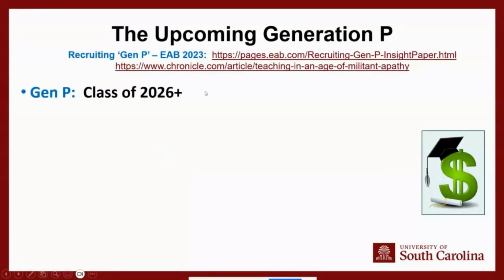So the new generation, this is that new thing that I came across today. This was an article, actually mentioned in the Chronicle this morning, but it referred to a group that looks at recruitment trends across time. And they came out with this new white paper that talks about the fact that this new generation that's coming up is now what they call Gen P, basically class of 2026 and later. So what do y'all think the P stands for? Kind of obvious, but I want to see what y'all think. Gen P. And I think it's not just undergraduate class of 2026, but also graduate as well.